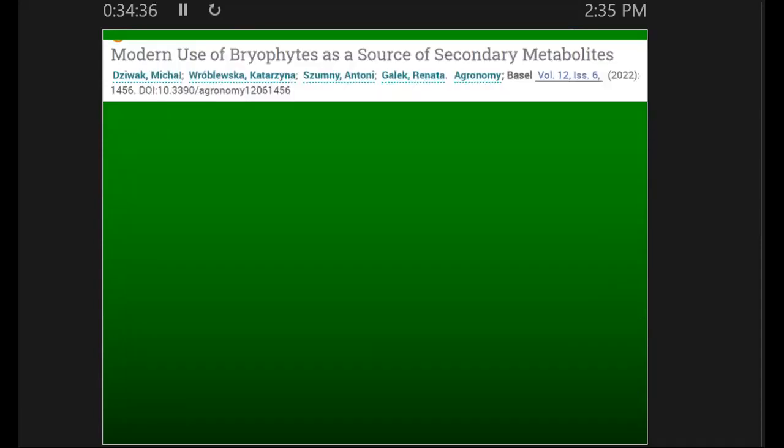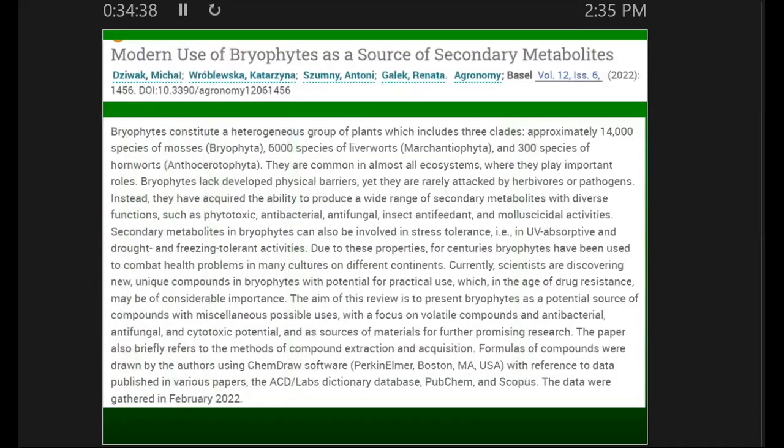Here's another paper that was published. This one was published just last year. This is the abstract from the paper. And again, looking at secondary metabolites. So anytime you see that word,